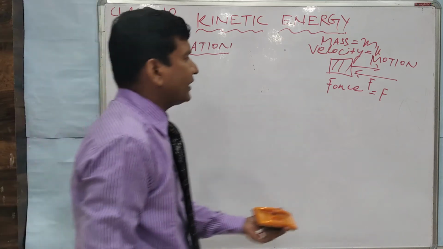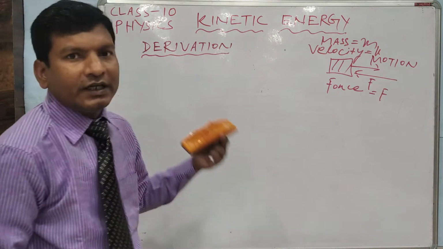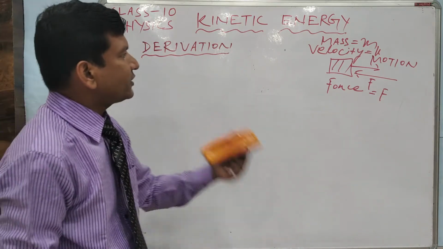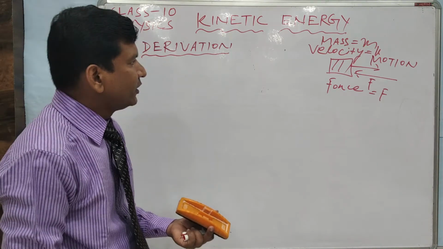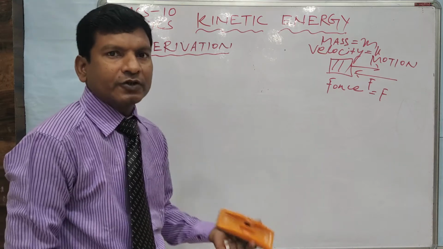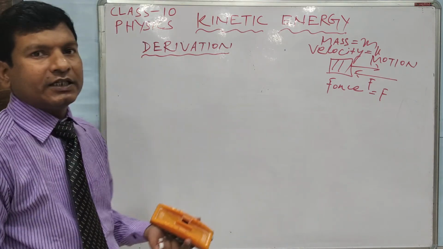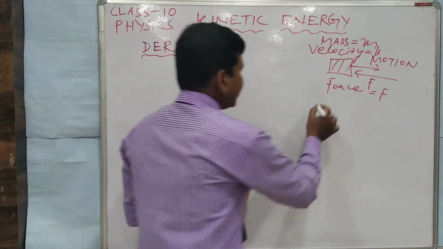Obviously, when the force is acting in the opposite direction of the motion of the body, the velocity of the body decreases gradually, and at last it will become zero. Therefore, the body will come to the rest position. So, due to this reason, the acceleration which is produced by the force will become the negative acceleration, and this negative acceleration is known as retardation. So, the retardation caused